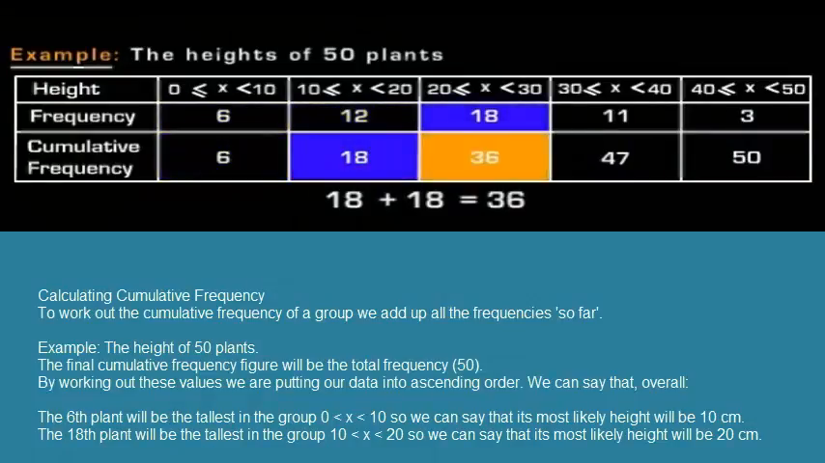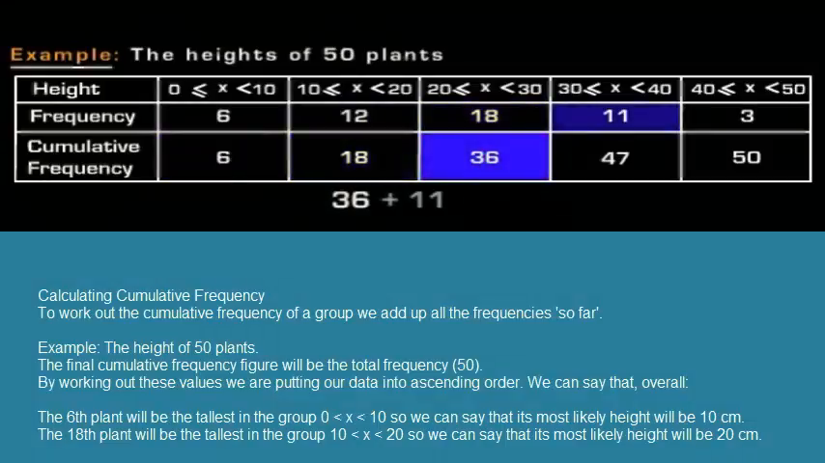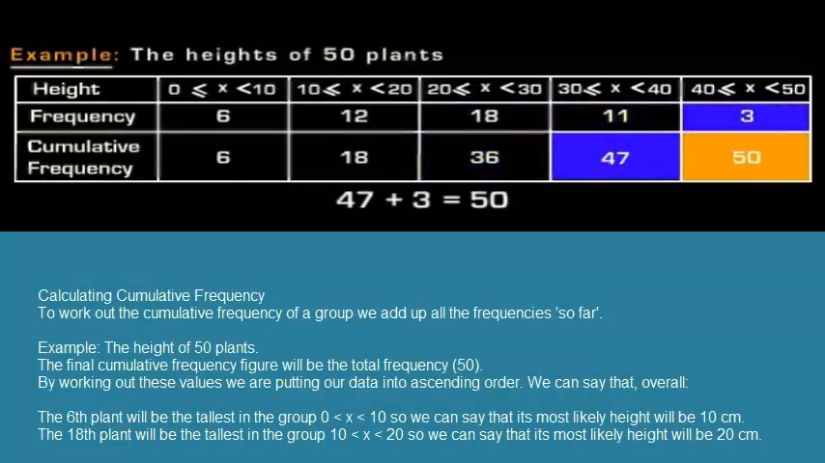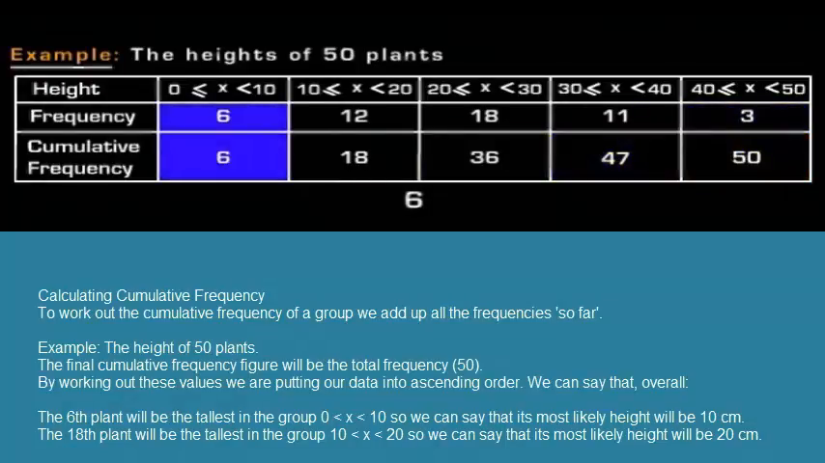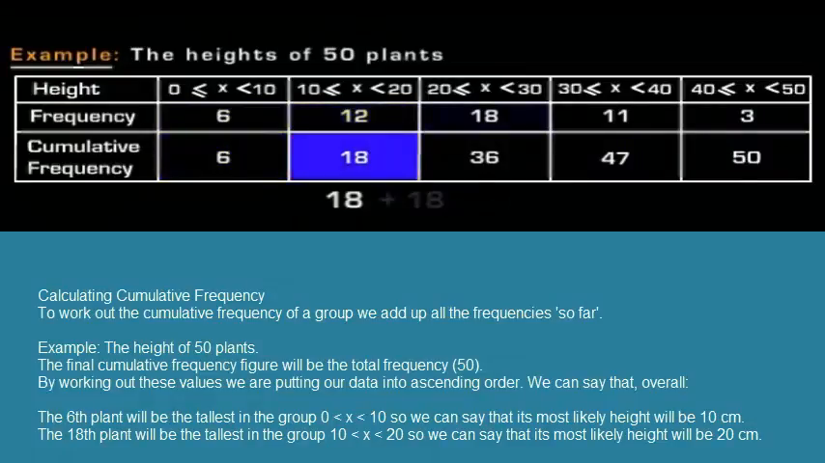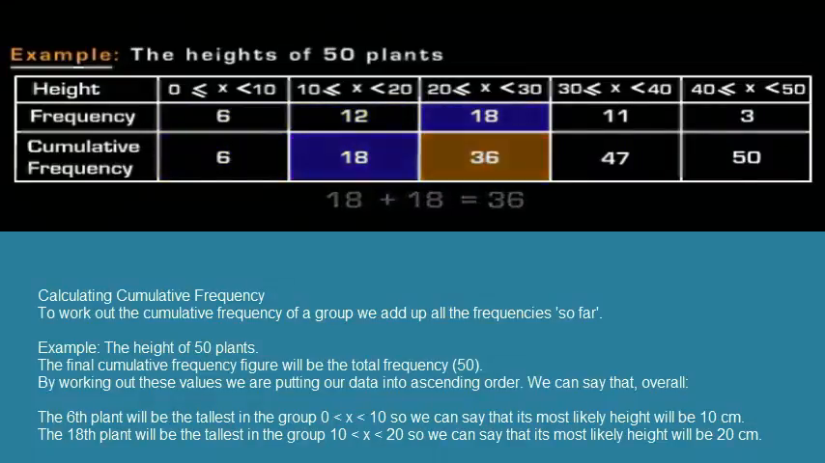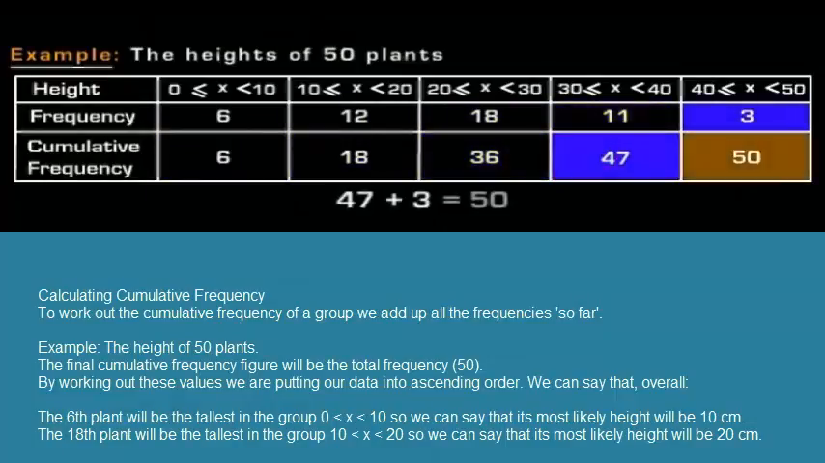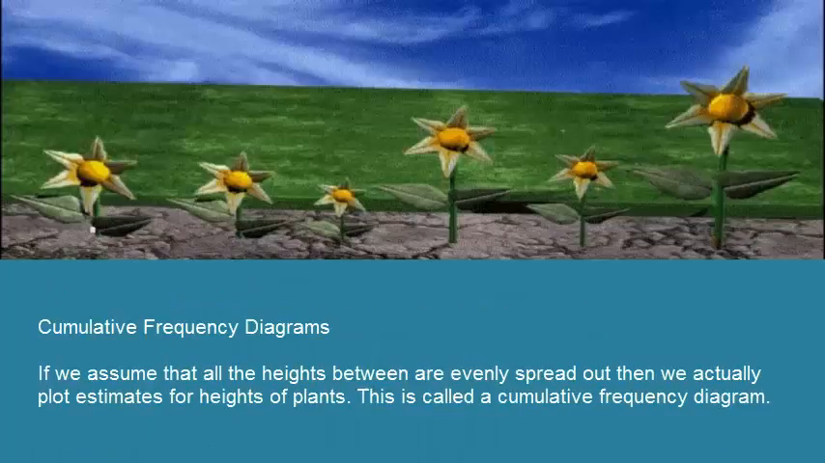We can say that overall, the 6th plant will be the tallest in the group. X is greater than 0 and less than 10, so we can say that its most likely height will be 10 centimetres. The 18th plant will be the tallest in the group. X is greater than 10 and less than 20, so we can say that its most likely height will be 20 centimetres. If we assume that all the heights between are evenly spread out, then we actually plot estimates for